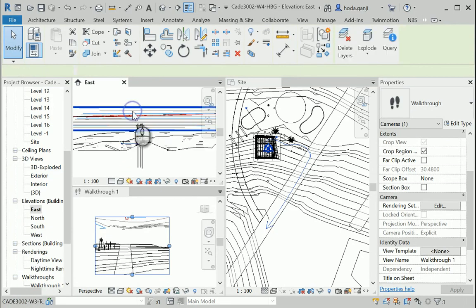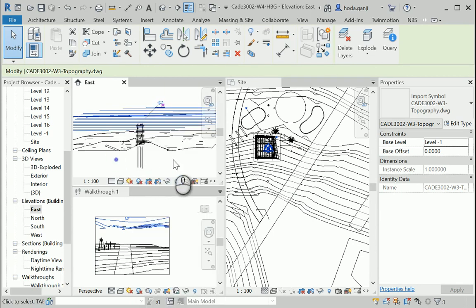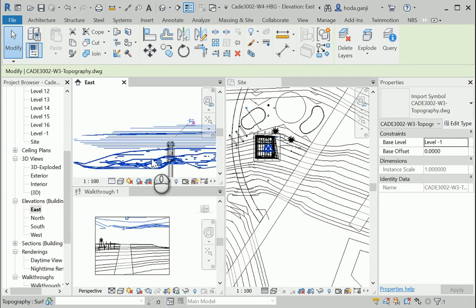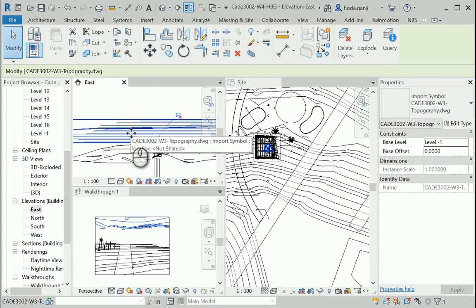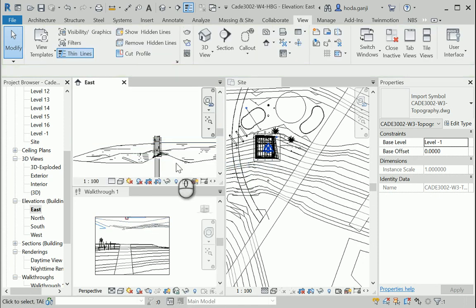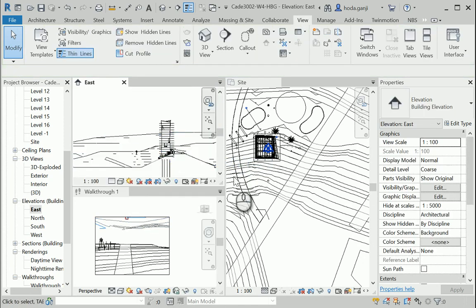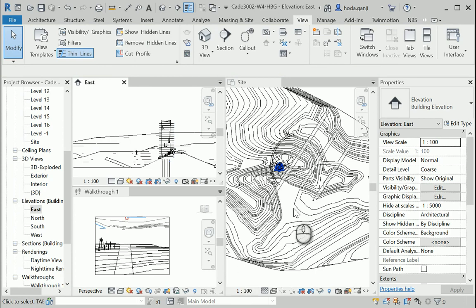Now I want to hide this DWG file. The reason you see the DWG file is up there and this one is there, the real topography, is that if you remember, we changed the project base unit, right? So I'm gonna hide in view this element. Okay, actually it might be better to have a section rather than the east view that looks exactly aligned